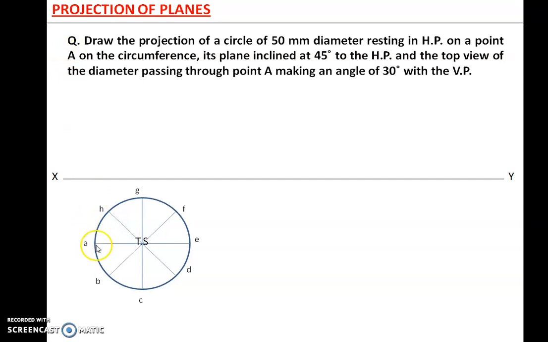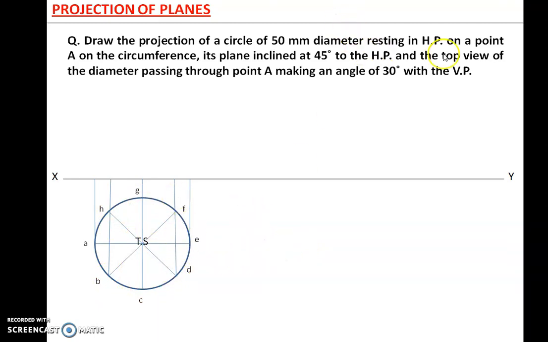So this point is A, and then I have given the names A, B, C, D, E, F, G, H to all the 8 parts of the circle. So once you have drawn it, project all these points. So see that BH will be common, CG will be common, DF will be common.